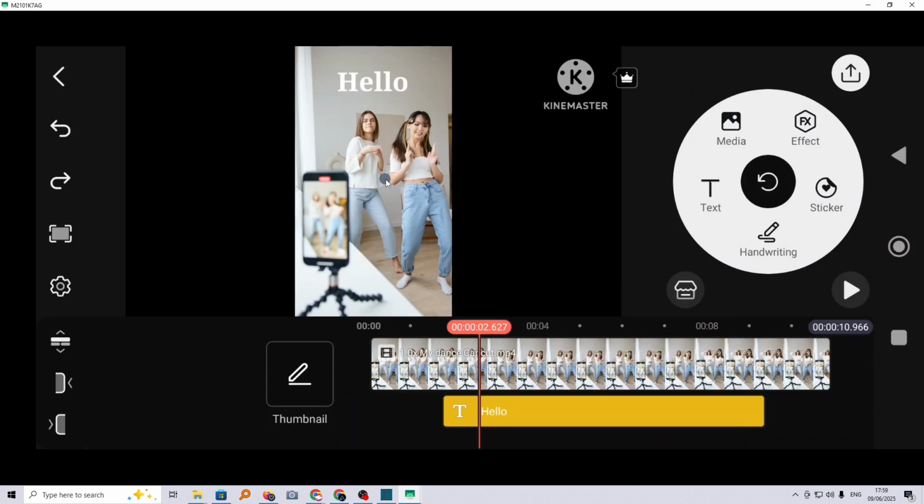In this tutorial, I'm going to show you how you can add special light effects on your videos on Kinemaster